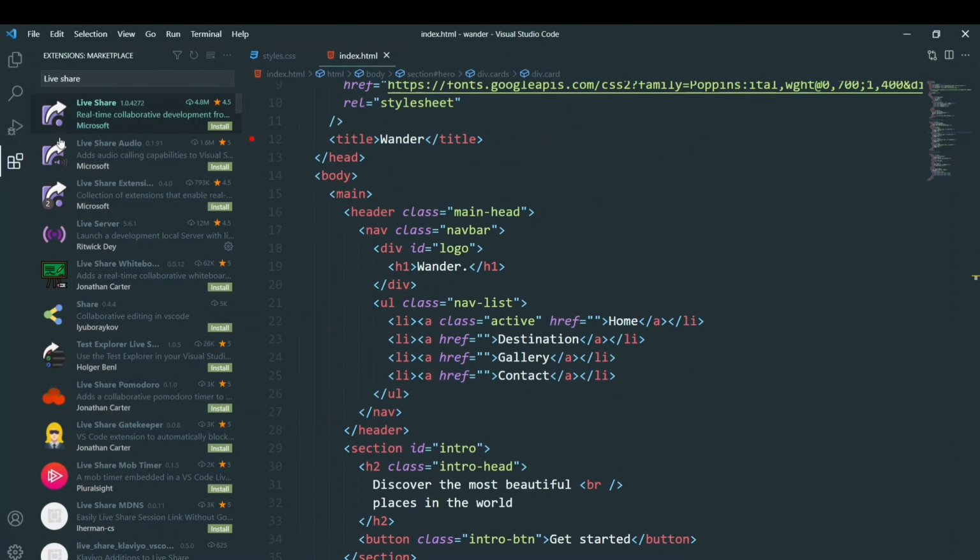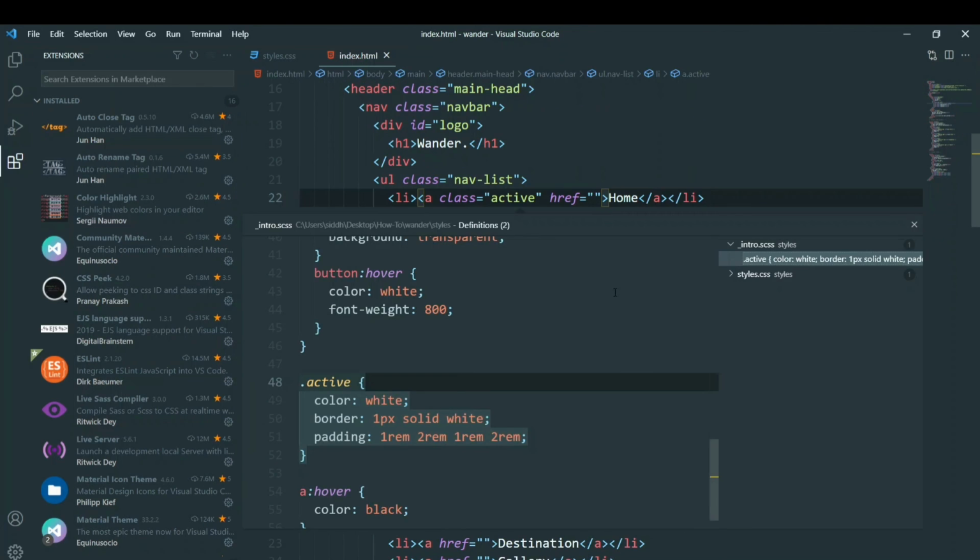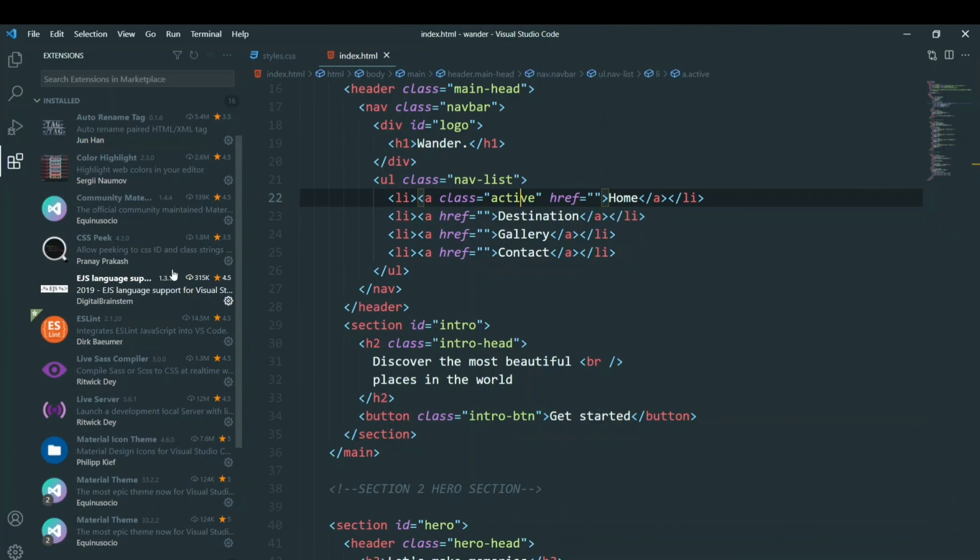So let's quickly recap the extensions that we saw. First we saw Auto Close Tag, which is used to close tags: when you change the name of the starting tag, the ending tag also changes. Then we have Color Highlight, that highlights the color that we have used in hex code or RGBA. Then we saw Material Theme, which allows us to use amazing themes in our VS Code. Then we also saw CSS Peek, which helps us to see all of these classes that are there inside this. Okay. Then we saw Live Sass Compiler, which helps convert Sass or SCSS to CSS in real time.